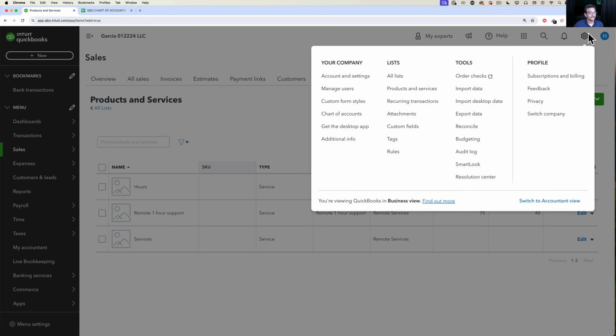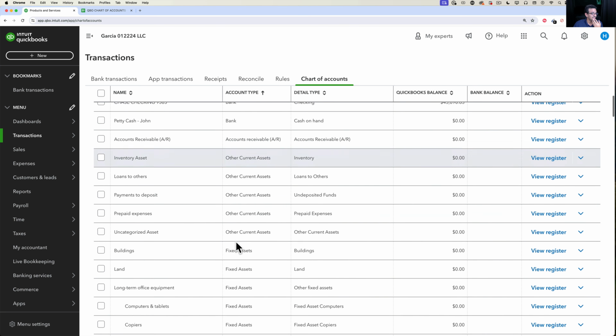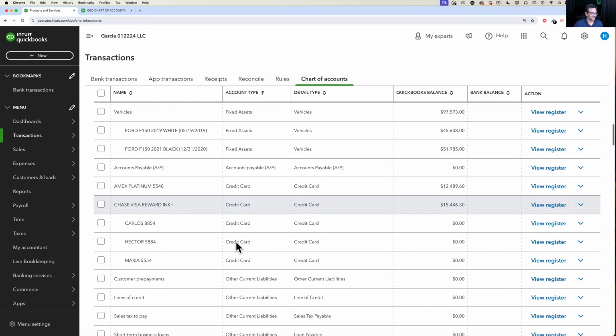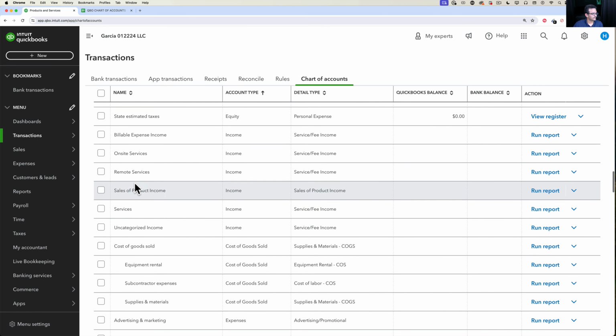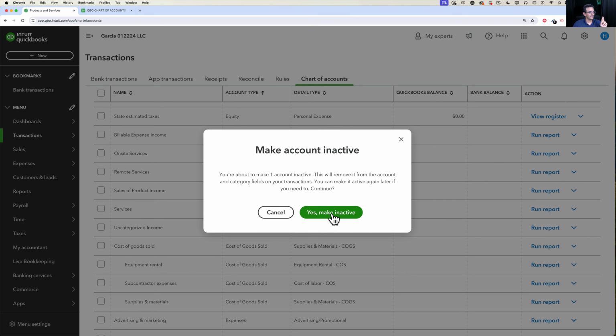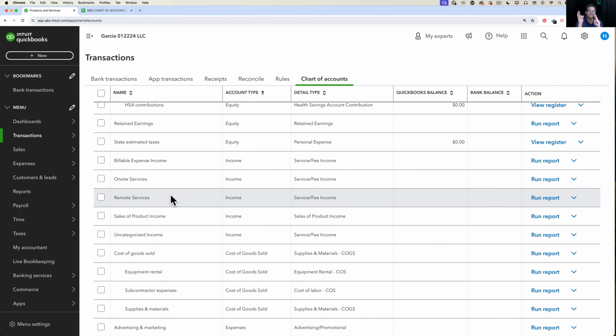Then I'm going to go back into my gear menu. I'm going to go back into chart of accounts, and then I'm going to see if it lets me delete that services income account that I don't want. So let me scroll down here and go into services, and let's now cross our fingers, click on make inactive, and beautiful, it let me do it. So that's the tie between your